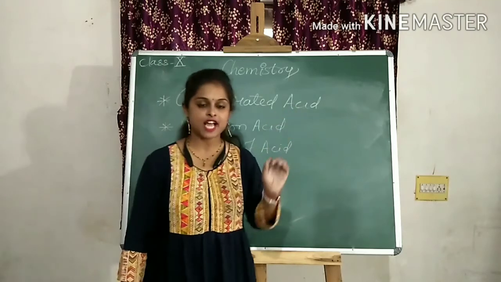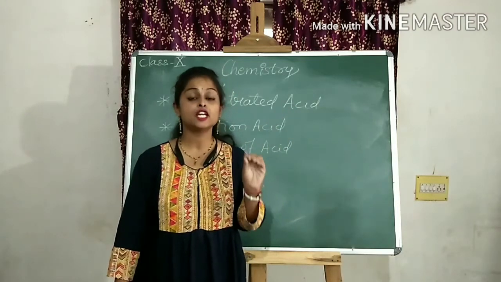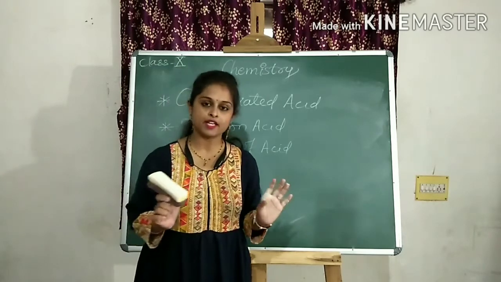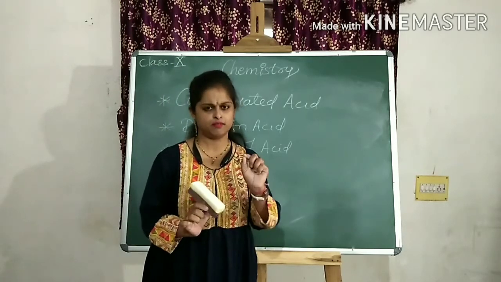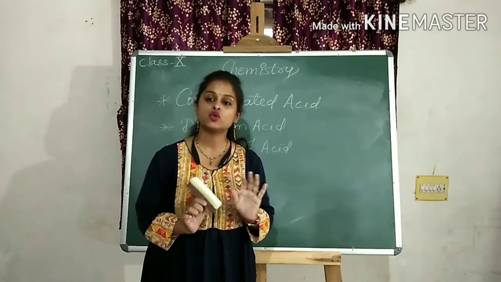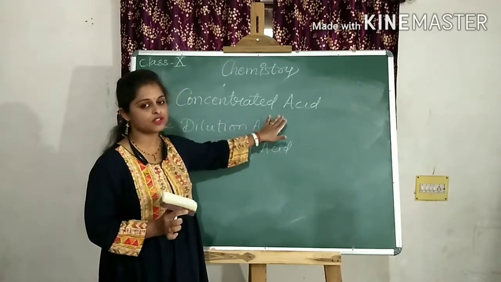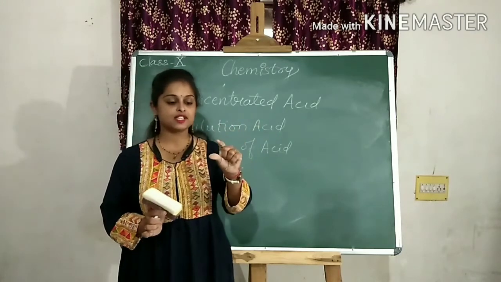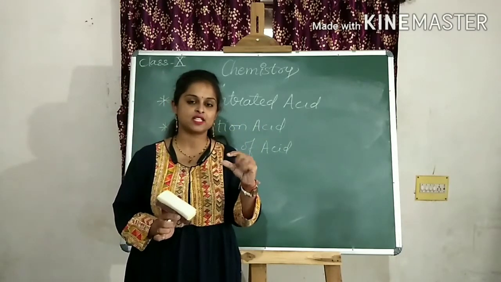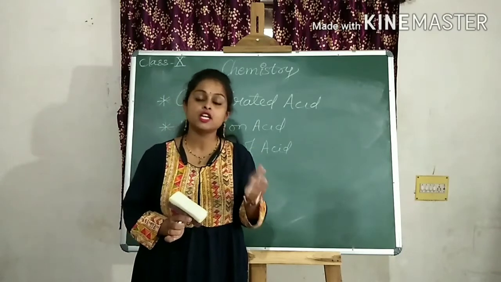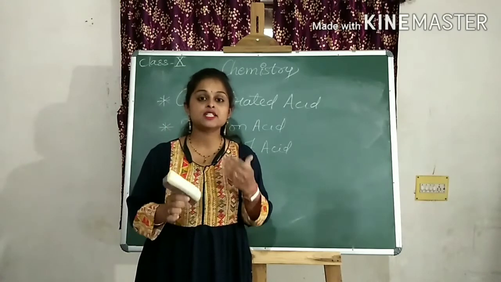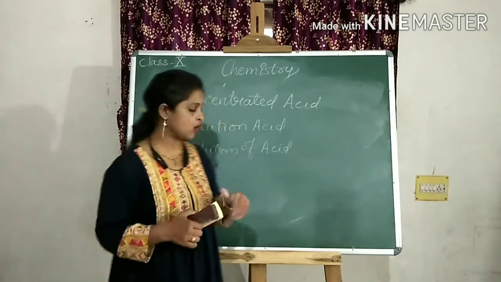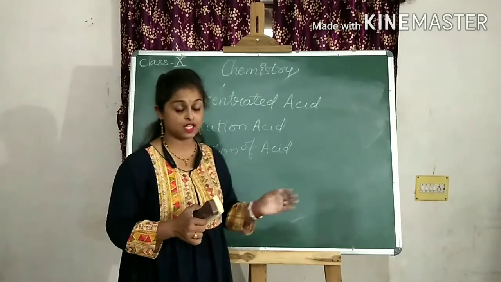Concentrated acids are such acids which have the very minimum amount of water in them. In short, ऐसे समझो उसमें पानी होता ही नहीं है, which are in pure form. In very minute form it is there, but you consider it pure form, that is concentrated acid. And dilute acid, consider that 25% of acid is there and 75% of water in it. It is diluted, meaning it contains much more water. अब dilution कैसे करते हैं? How does the dilution of acid take place?